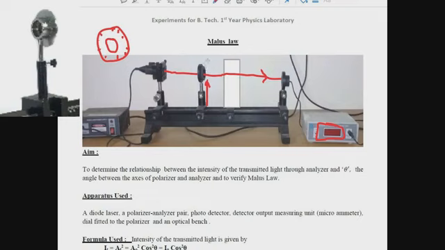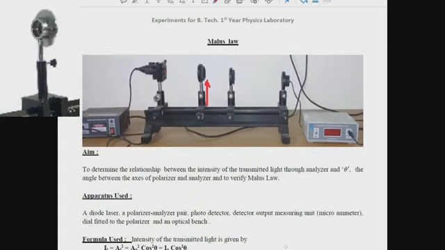This is the angle of the polarizer at which it has been set. After that, what will I do? Now I will forget about everything. I will now lift this. Okay. So once I have lifted this, one thing that needs to be kept in mind is to try